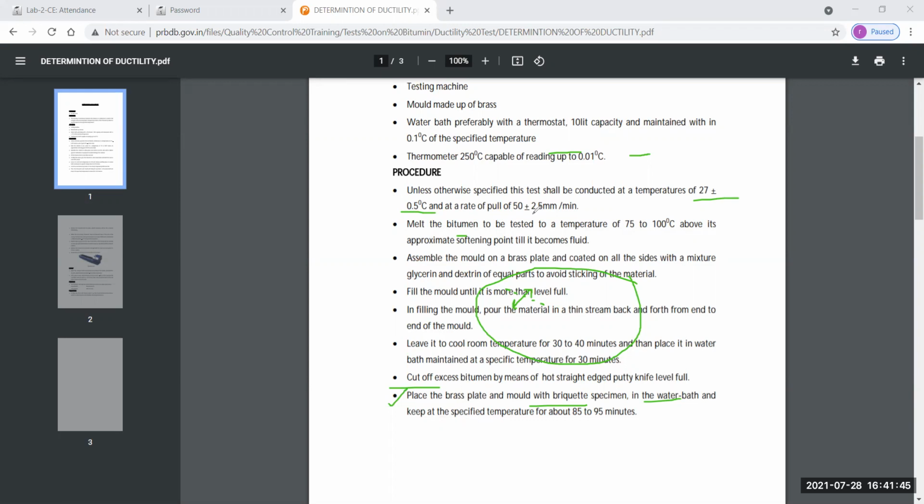So these are the various procedures which we keep in mind during the ductility test of our bitumen. So a bitumen sample is melted to a temperature of 75 to 100 degrees Celsius, and after melting the bitumen at 75 to 100 degrees Celsius, we start our testing. So here our objective is to measure the ductility of the given bitumen sample, and also